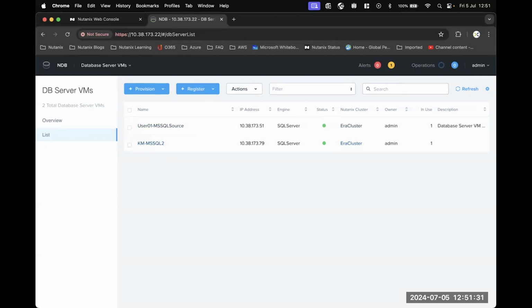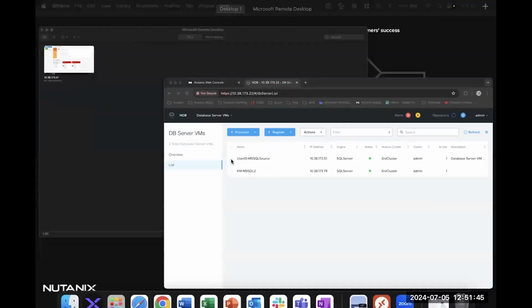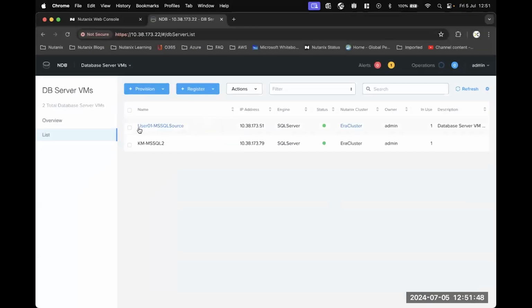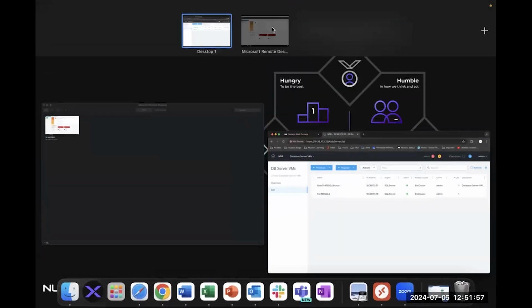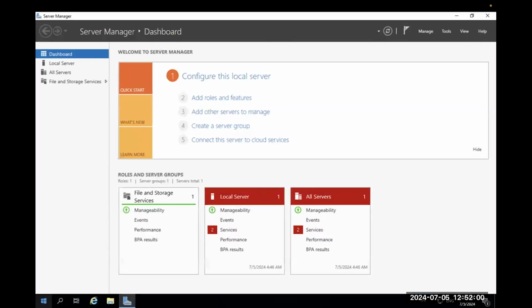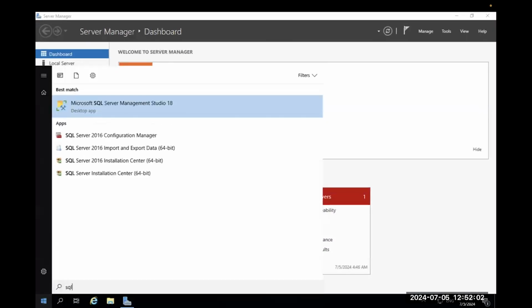Now, in part two, what I intend to show you is that we're going to perform some everyday database administration tasks. So the first thing I want to do is show you this database server VM, user role 1, Microsoft SQL Server source. I've already got a remote desktop connection into it. And I just want to show you that if we run up SQL Server Management Studio,